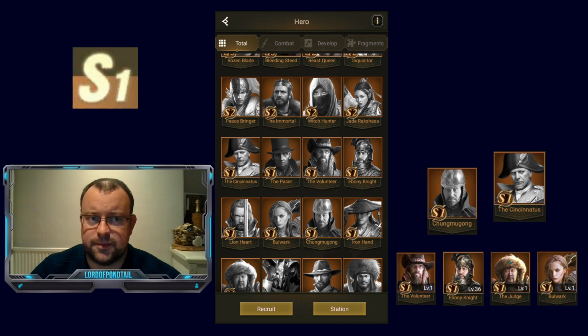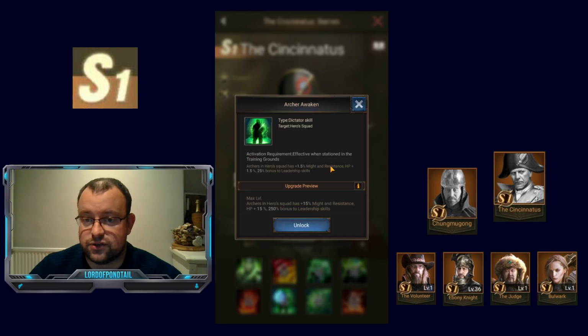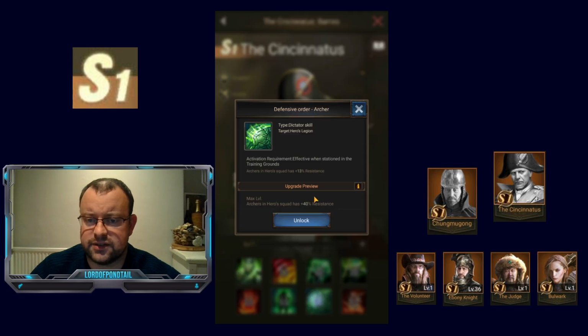Cincinnatus, he's up next. Again, the 3rd of the front row heroes. Very similar skills, as I've said, to Ebony and to Chungmugong. He's got the extra 15% on his 6th skill as well, which is why I rate him slightly higher. He's got 15% might and resistance. So I think he does work really well on the front row because of that, and he also has extra